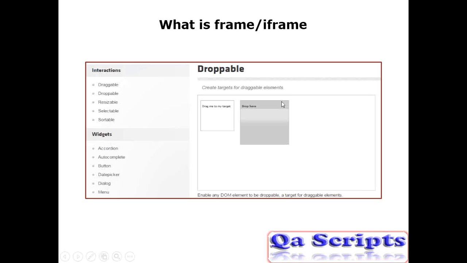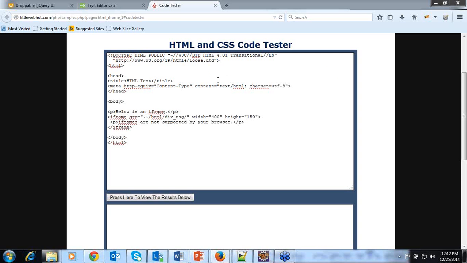Then let us look at an HTML page, to see how a developer actually embeds these kinds of elements in a normal HTML page. Here is an HTML page. As usual, any HTML page will have simple tags such as html, head, body, and all the tags will be closed at the end like this, slash body slash html.